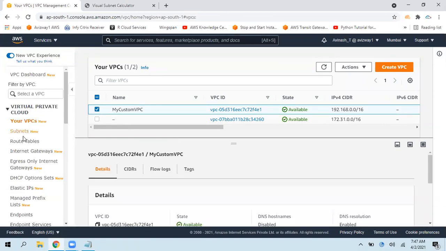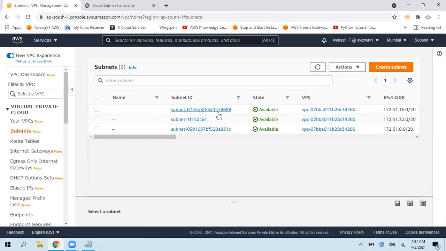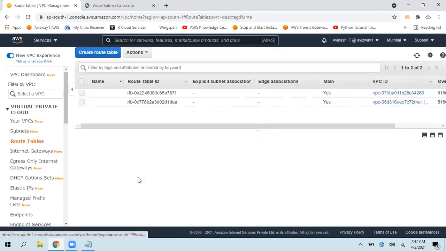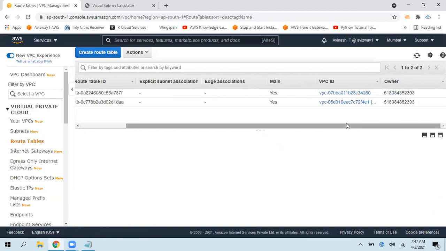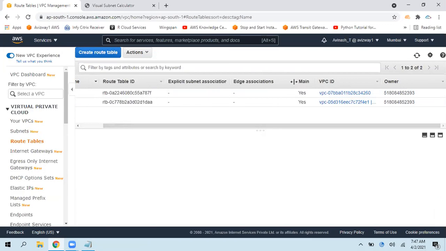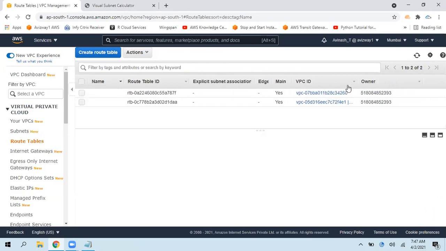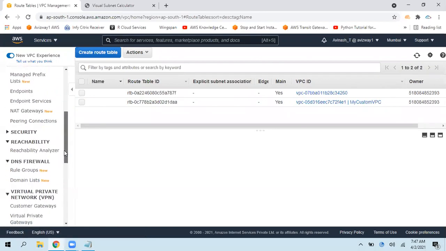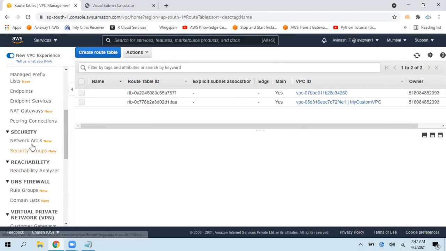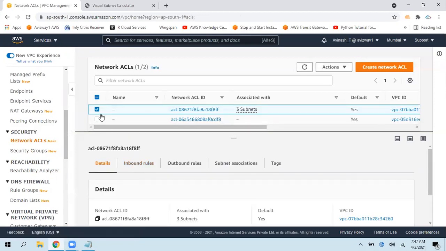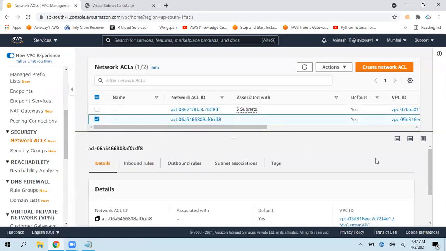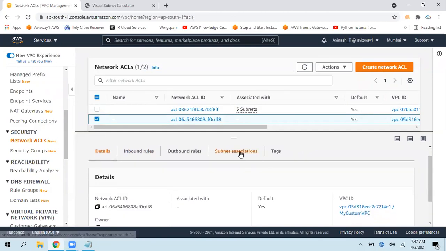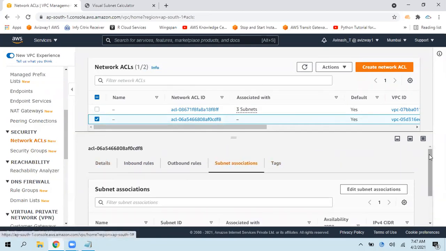Now, do we have any subnets? Earlier we had only 3 subnets, still we have only 3. Route table: earlier we had only one main route table, but now we have 2. For what VPC? You can find that here. See, this is for the custom VPC. And one more network ACL you are going to get. This is a question I faced in my interview: whenever you create a VPC, what are the components you are going to get? I got this question in my early interviews, not in recent times.